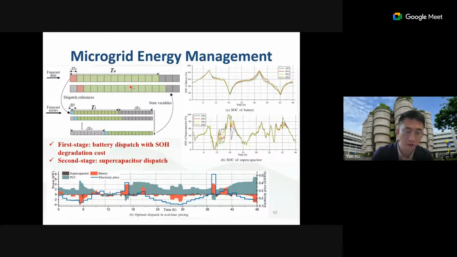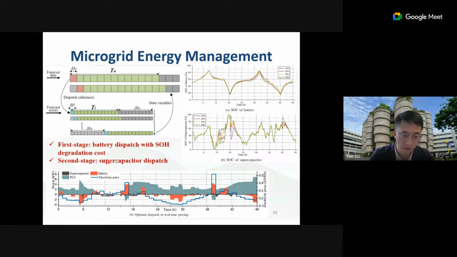Okay, we dispatch every hour. And the supercapacitor is much faster. So we dispatch it every 1 minute. So you can see that we have these 2 operational time intervals or stages. For the first stage, we dispatch the batteries. Okay, every hour we determine the output of the battery, while within every hour, for each minute in the hour,